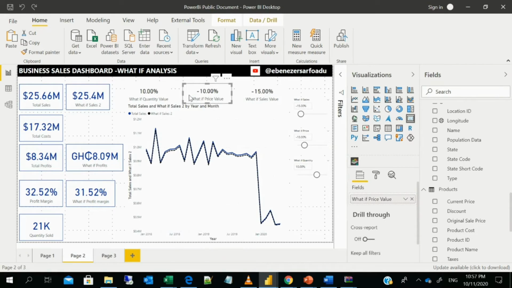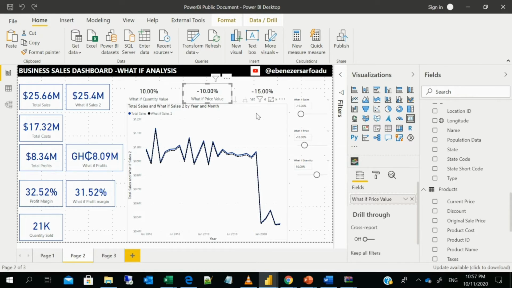This is price. So what we are trying to look at is what if the price of the product decreases, and what if the quantity increases. So this scenario is, for instance, a case where we want to run a promo. We want to find out what if we reduce our price by 5-10%, and the quantity in terms of people coming to buy. I mean, this is economics. When we reduce price and